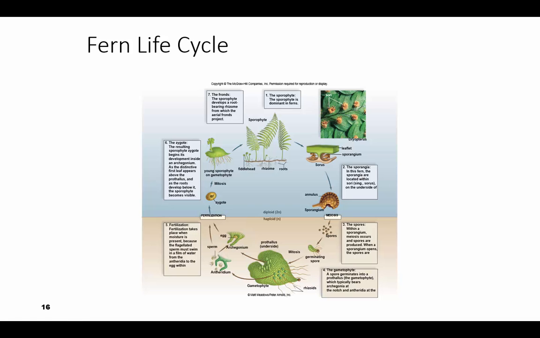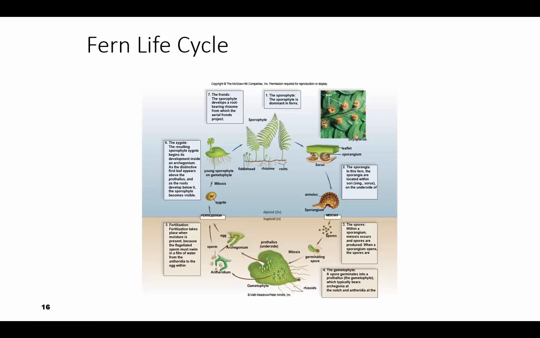If you'll follow, we've got the gametophyte down here at the bottom in the beige and the sporophyte up at the top in the blue. The plant that we're familiar with, the fern, when we look at it, we're looking at the sporophyte. But up underneath the leaves, they've got these sporangia that make the spores. And the spores